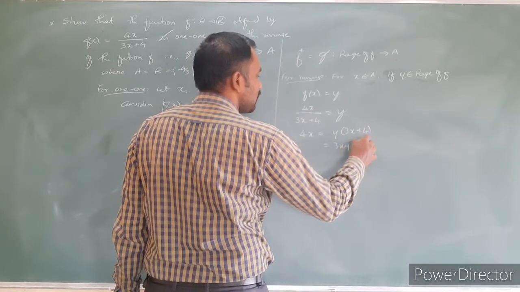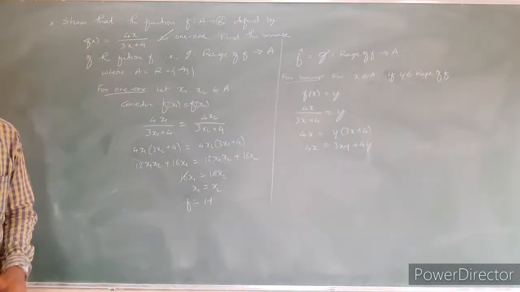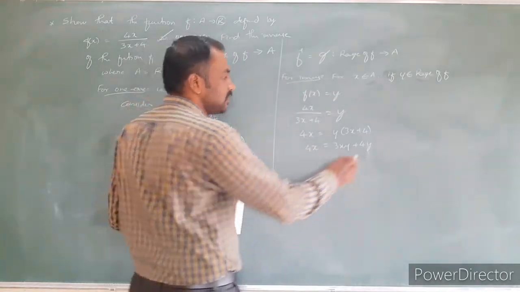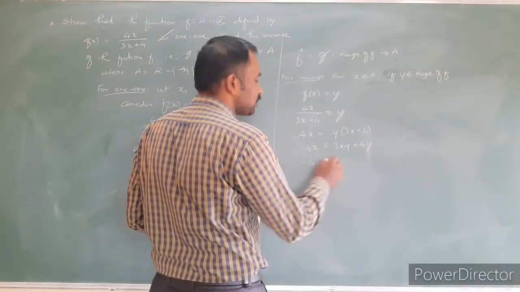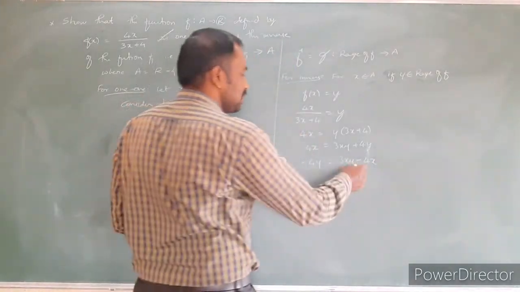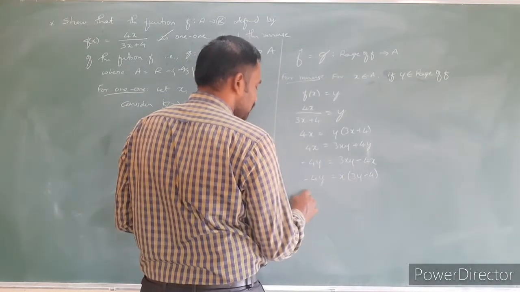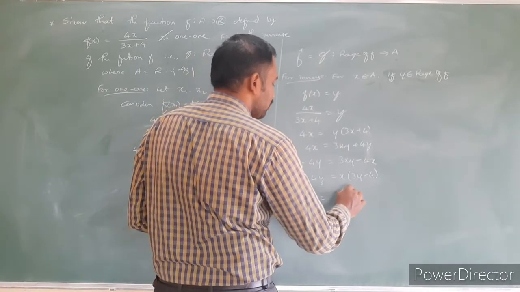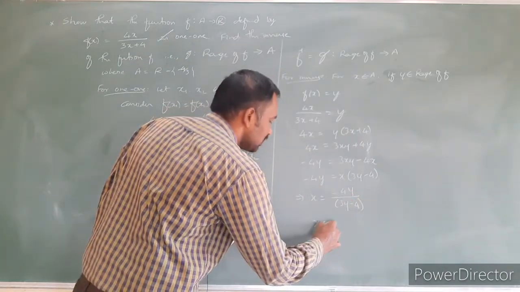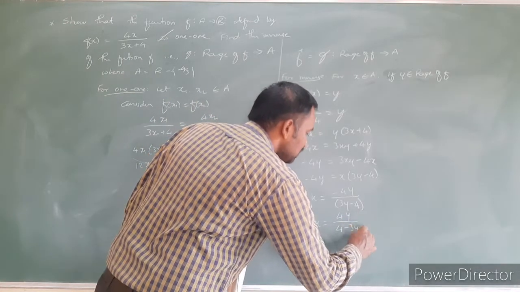Here we will get 3xy plus 4y. Left hand side 4x. Now here what I need to get? Actually I need to get x is equal to, that means x we need to take common. 4y taken to left hand side becomes minus 4y. 3xy and 4x shifted into right hand side, minus 4x. Here x is common, remaining term is 3y minus 4. Left hand side 4y. This implies x is equal to, purely, minus 4y divided by 3y minus 4. This minus I just multiply into the denominator. What happens? 4y divided by 4 minus 3y.